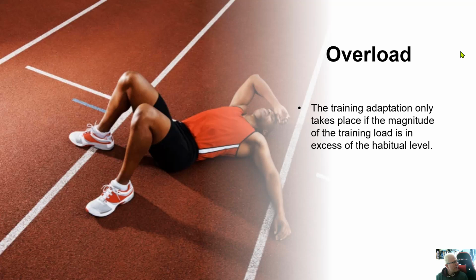And so if, for example, you've got, say, a resting heart rate of 70 beats per minute, and you never go beyond 70 beats per minute for a sustained period of time, you're never going to get morphological adaptation of the myocardium. If, for example, you can squat 110 kilos as an example, and that's the maximum you can do, but all you ever do is just squat 110 kilos, you're never going to improve. You have to go beyond the 110 kilos to try to evoke the biological adaptation,